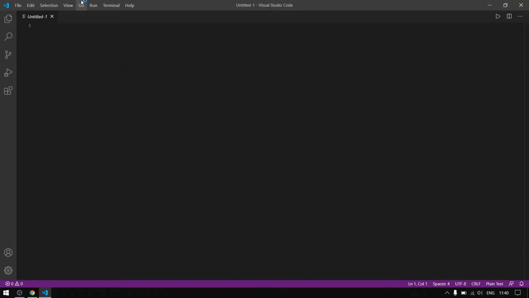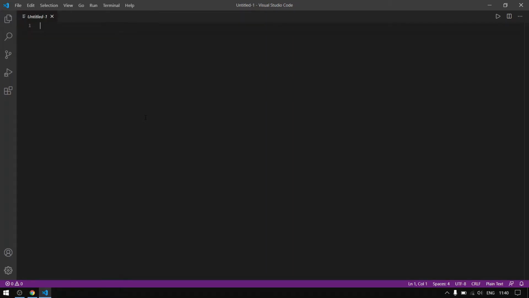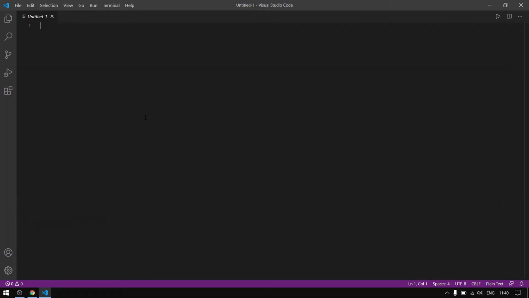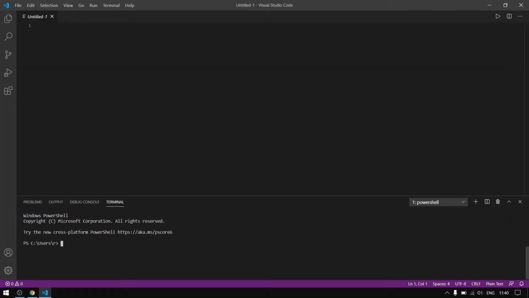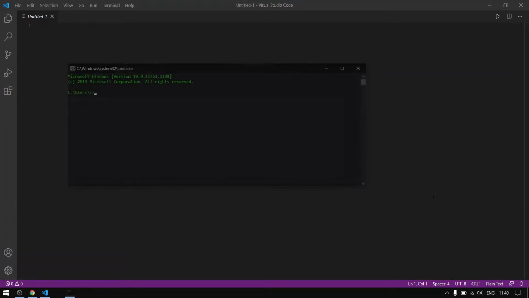There will be one file called untitled1. Let me give a quick look at Visual Studio Code and how to use it. If you are on Windows, you can use Ctrl B, and on Mac, you can use Command B to toggle on and off this folder structure. And you can use Command J to toggle on and off the virtual terminal, which is PowerShell, from the shortcuts of Visual Studio. You can code here, but I prefer to code on command prompt, that is Ctrl R and enter.